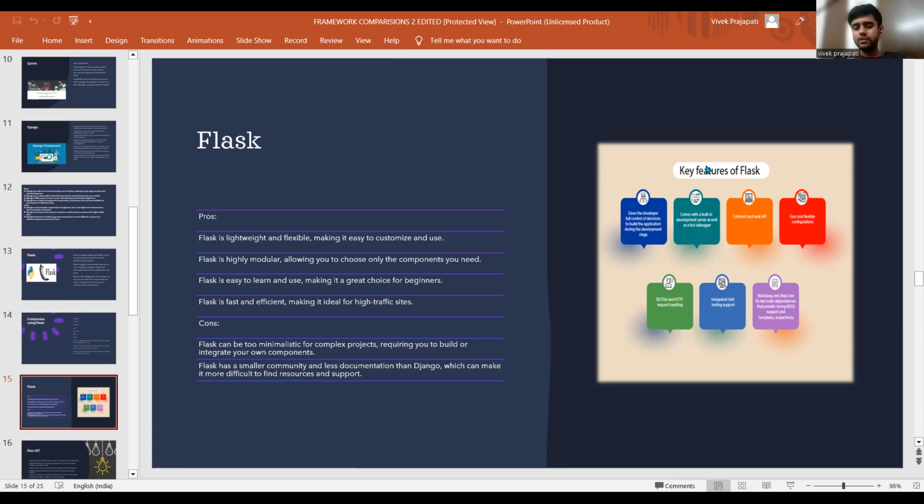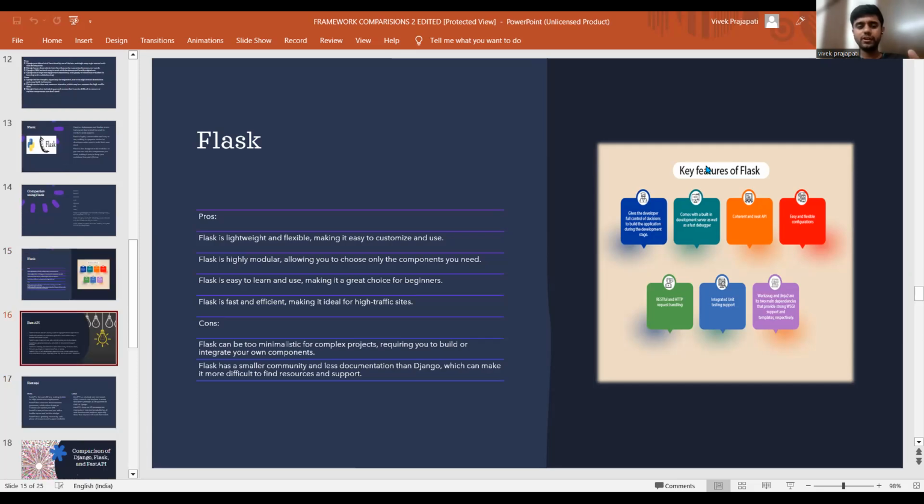If you have any problem or confusion with code or need a plugin, Flask has a smaller community than Django, and sometimes it is difficult for a person like me who does not know coding properly. So that's sometimes problematic if you are using Flask because it has a small community.